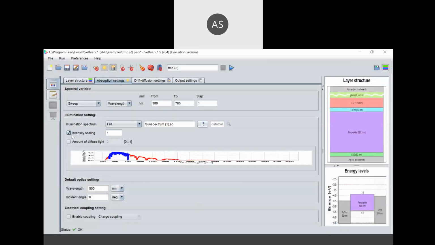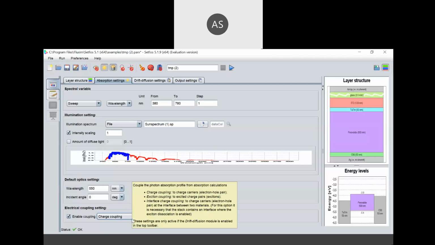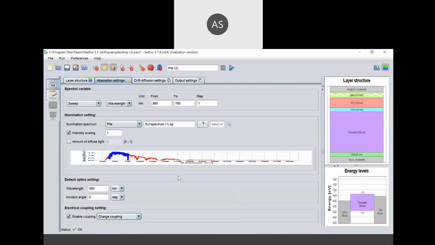You can enable the intensity scalings or charge coupling, like electron charge coupling, electron-hole pair, exciton couplings, interface charge couplings. Once you take the cursor there, it will give you the description of each model and which one you need to select.